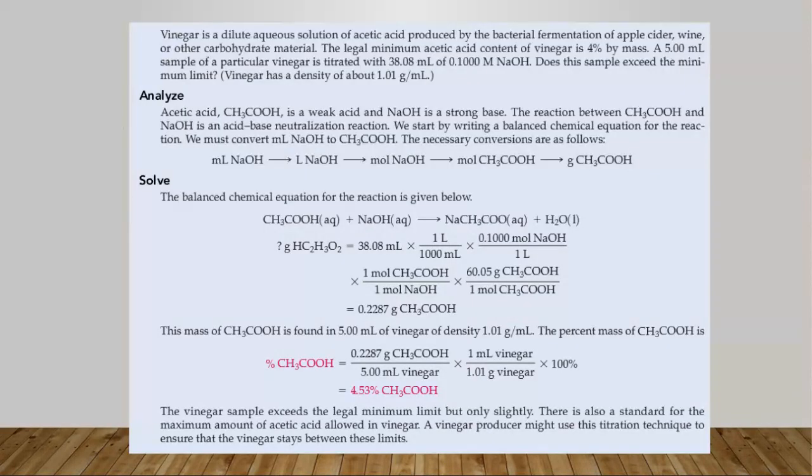Let's do an example about that. Vinegar is a dilute aqueous solution of acetic acid produced by the bacterial fermentation of apple cider wine or other carbohydrate material. The legal minimum acetic acid content of vinegar must be 4% by mass. A 5 milliliter sample of vinegar is titrated with